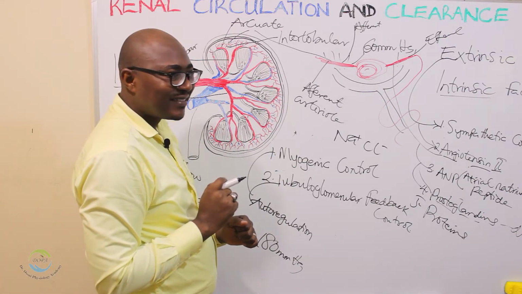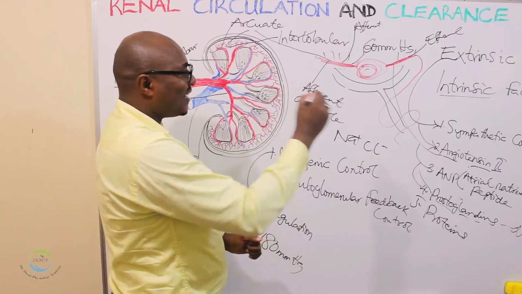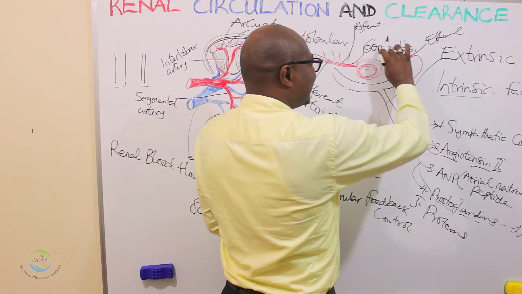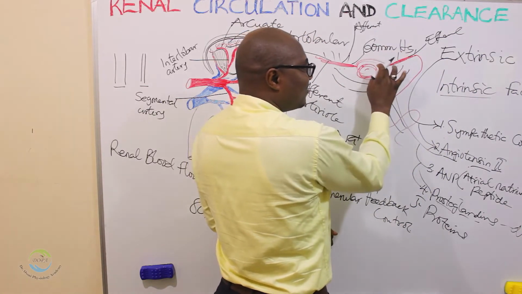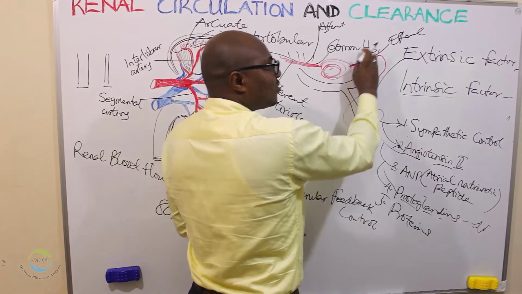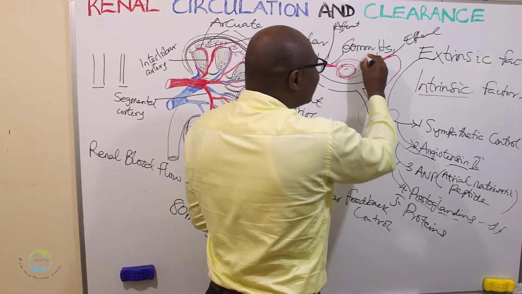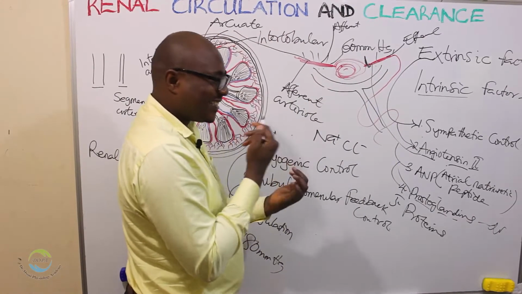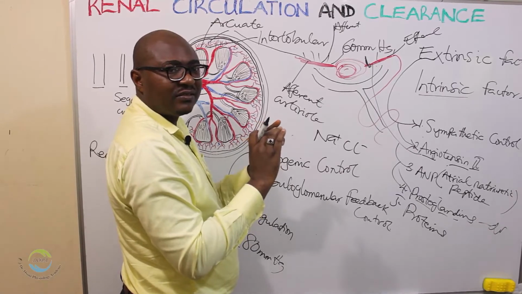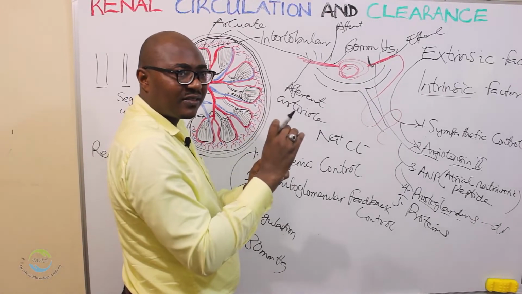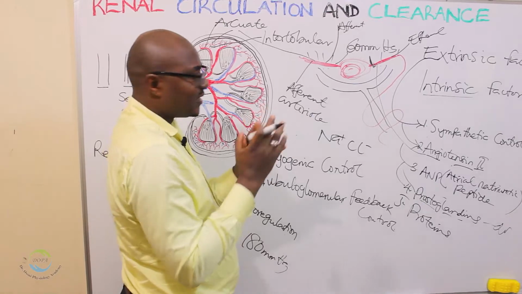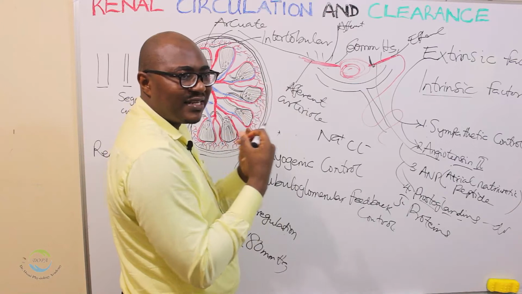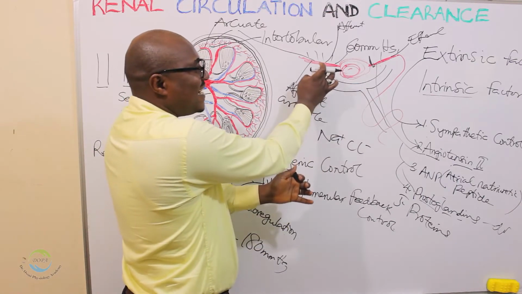And do you know what happens? At that macula densa, you know that this tubule, from the thick ascending side, touches this glomerulus, from which it now continues as the distal tubule. So that macula densa, at that point, has cells that are sensitive to the concentration of the filtrate. They are osmoreceptors or chemoreceptors. So they sense the diluteness and then they release substances that dilate